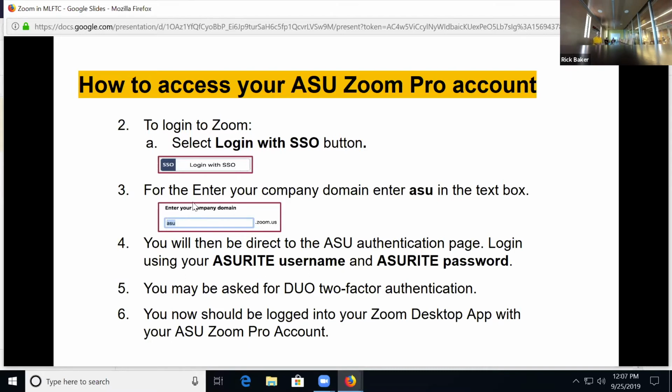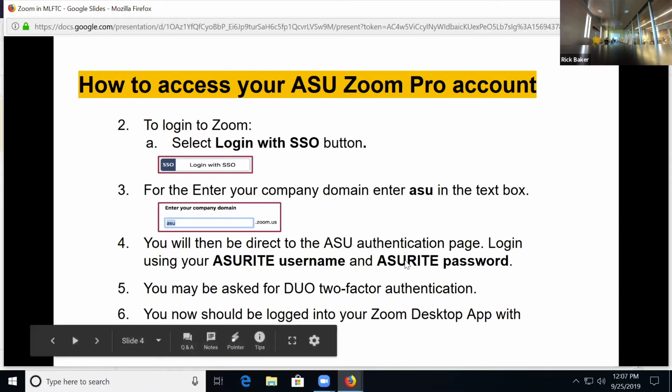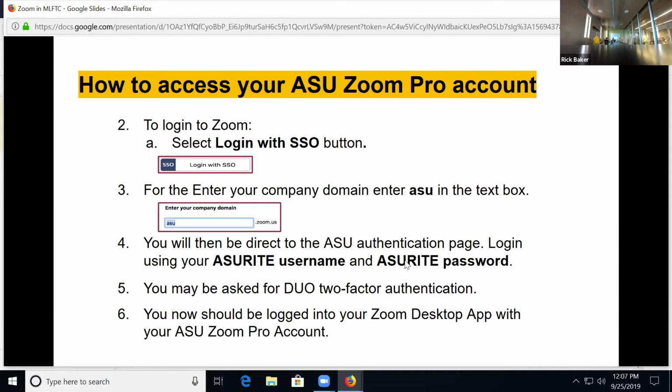And then the next screen will ask you to enter your company's domain. You simply put in ASU and then hit enter, and it logs you into Zoom and gets you started. You'll be directed to the ASU authentication page that you're used to seeing,